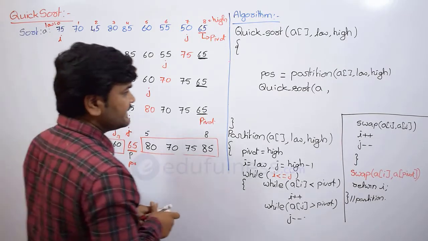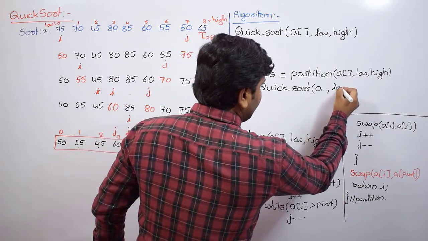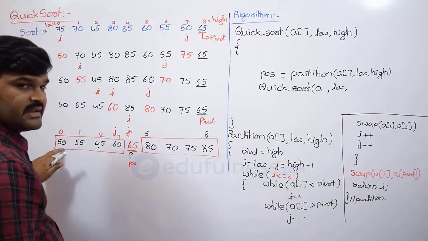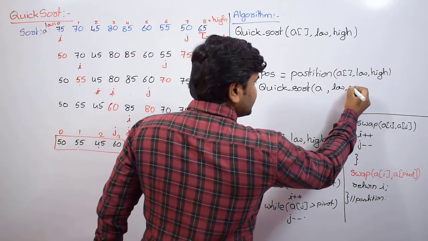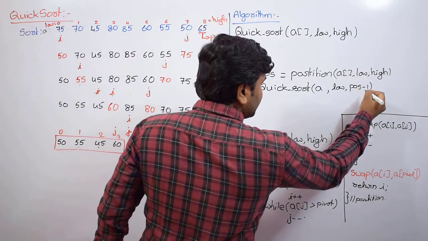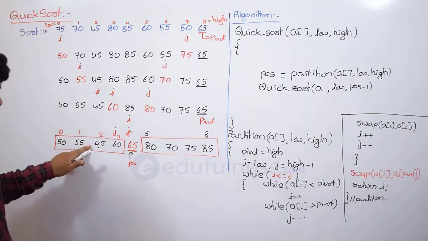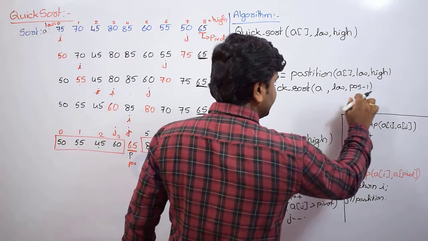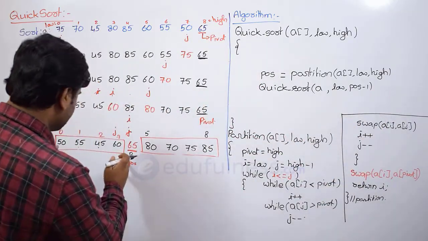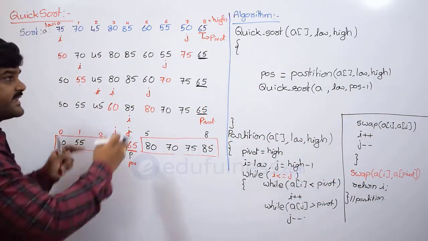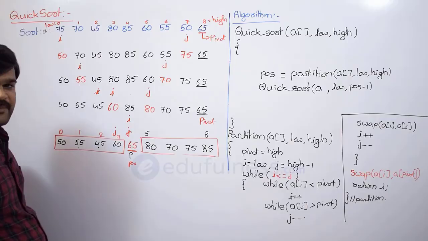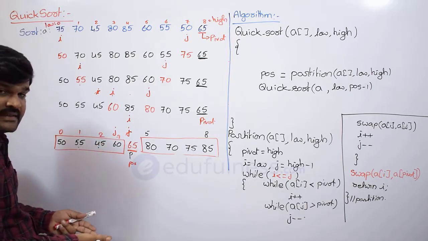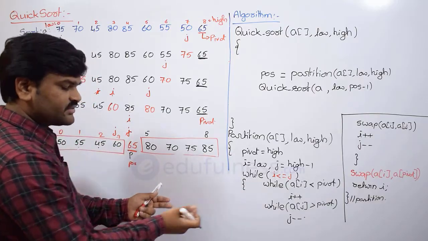So position -1 is the highest index number for this subproblem. That is why low I am passing as it is, that is 0, because here also 0, and position -1 is going to become the highest index for this subproblem. So by the time this line is completed, this subproblem is solved. Same way further. Then this subproblem solved, what else remains? This subproblem also you have to solve.